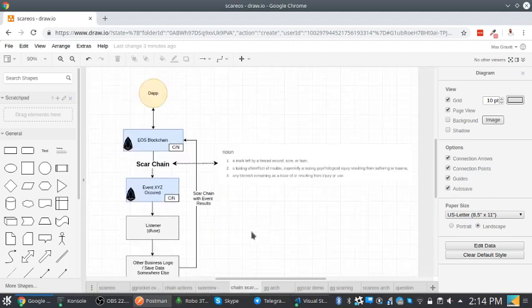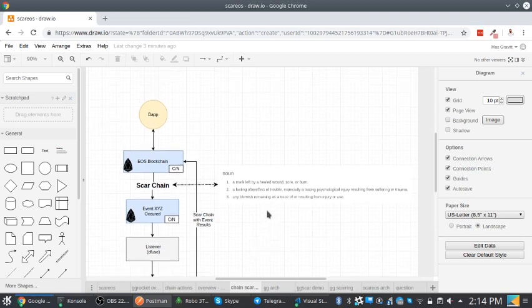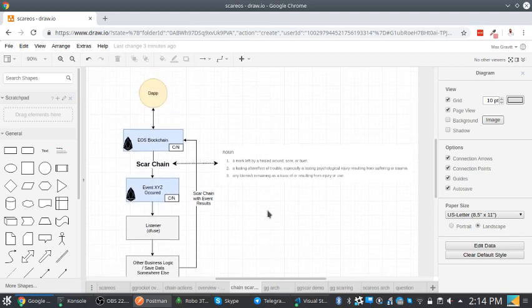So to address this, we're going to use a methodology called blockchain scarring. The word scarring comes from the idea that if you're harmed, you have a wound, and that leaves a mark, so to speak. So what we're going to do is leave a mark on the blockchain from within a transaction, but we're not going to save any data on chain.